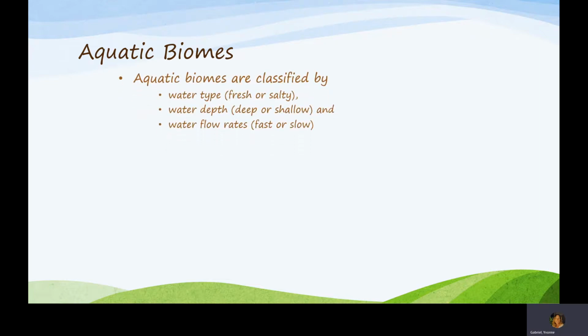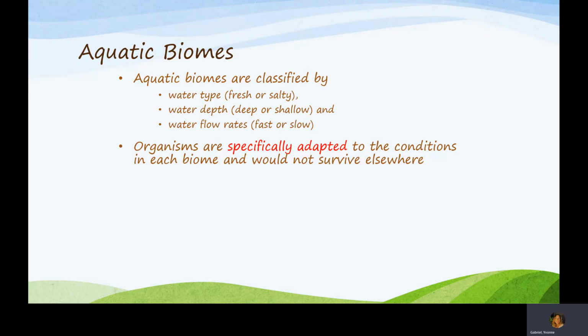So the takeaways with aquatic biomes. So terrestrial biomes, we look at the climate and the plants, like what type of plants grow there. Aquatic biomes, we're looking at whether the water is fresh or salty, and how deep the water is, is it really deep or is it shallow, and how fast the water flows, so the flow rate. So type of water, depth of water, and flow rate of water is what we look at